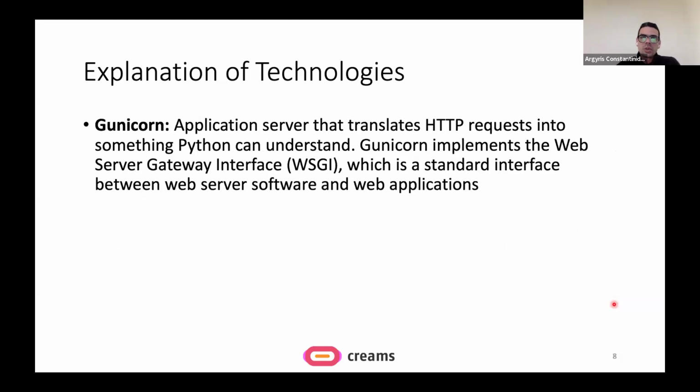And through Gunicorn, which implements the web server gateway interface, the incoming traffic is being translated into code and types that the Python language can understand.